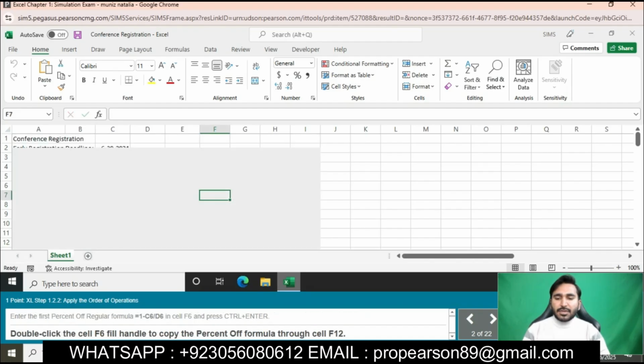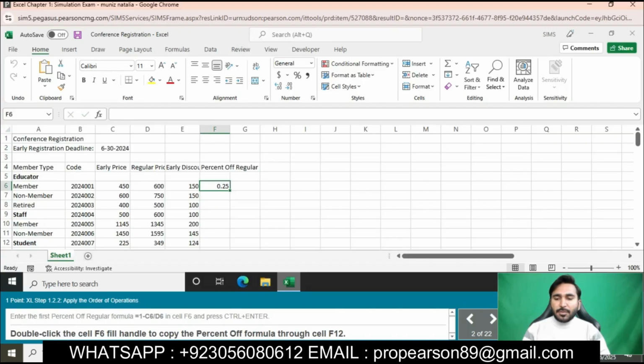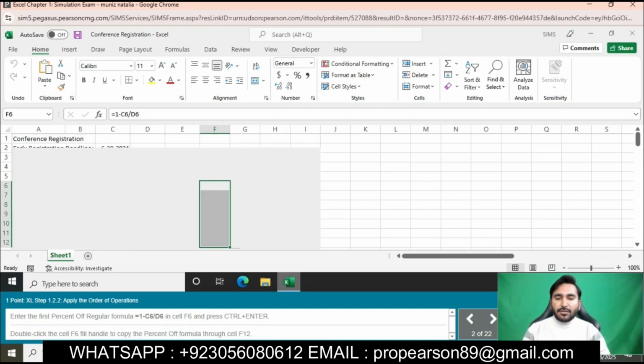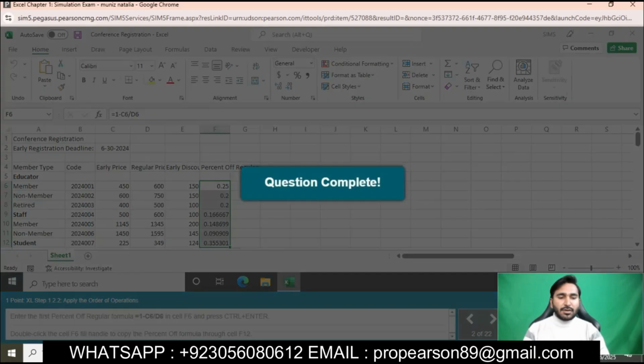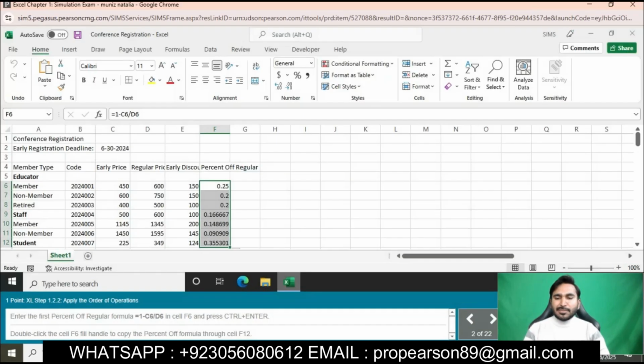Okay, we will copy and paste here and then press enter. Double click the cell F6 fill handle to copy the percent formula through cell F12. Okay, double click on F6 through F12. The question is done now. The next question is that